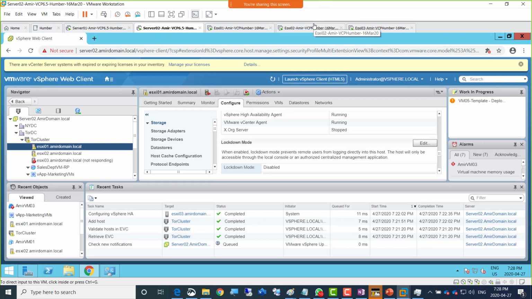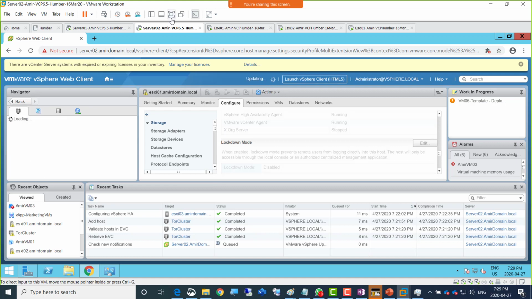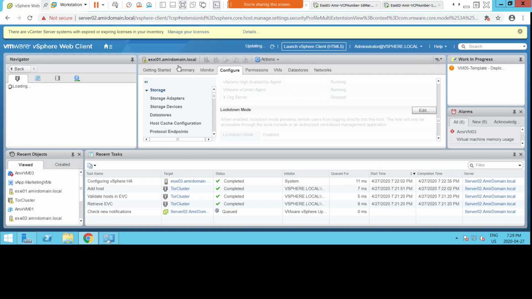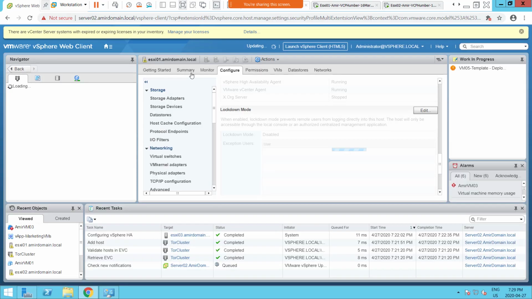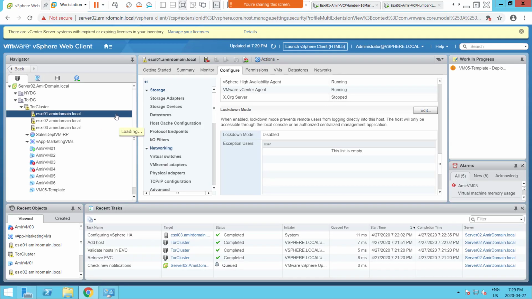Anyway, so now here it's not responding, but I want it to be responding. What we're going to do is add the VM Kernel Adapter, right? So I'm going to refresh here. I'll make it bigger now. Okay, third one is there as well, which is good. So I'm going to go to the first one, and I'm going to add